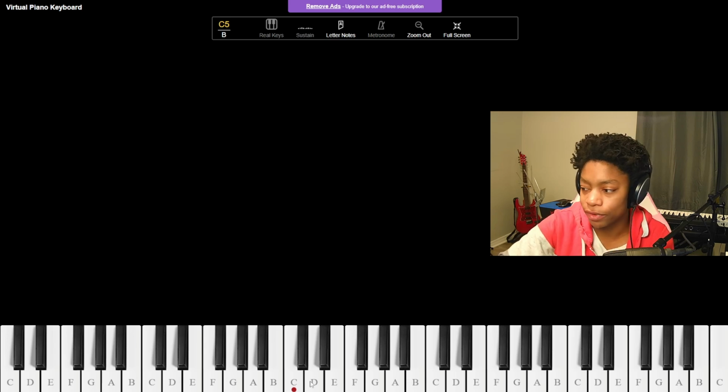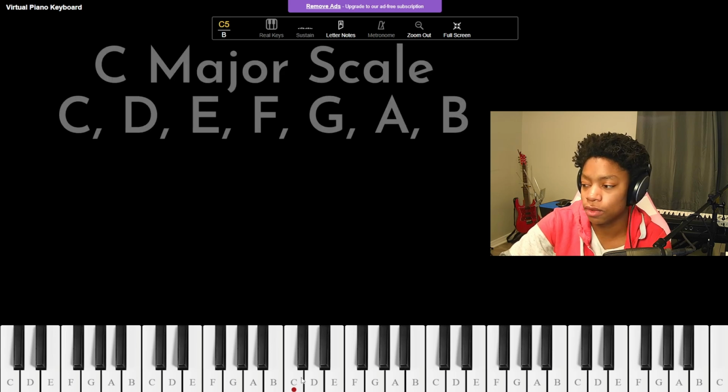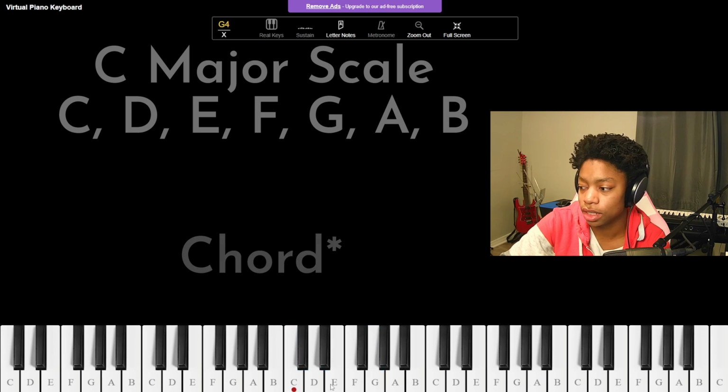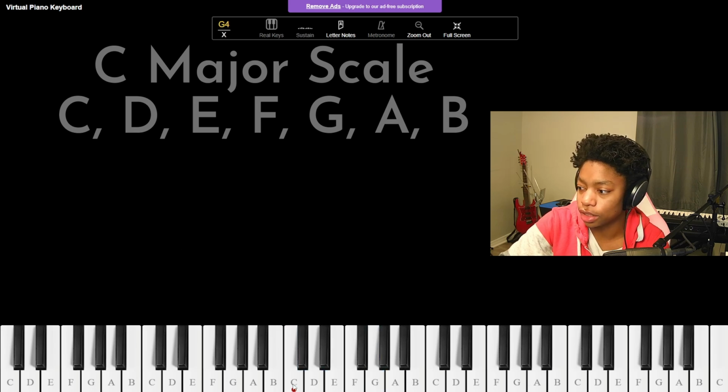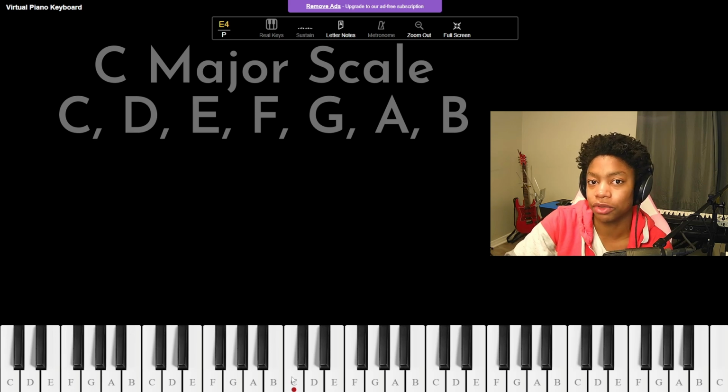So to break that down even further, if you wanted to make a chord within the C major scale, you would only want to use the notes within that scale. So let's say we want to make a C major chord, C, E, G, boom. And then if we wanted to make a minor chord within the C major scale, aka the A minor chord, we would do A, C, E. These still fall within the key of C major, but they all end up having different sounding notes and